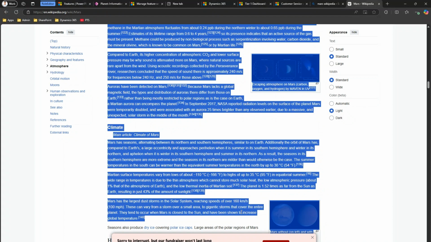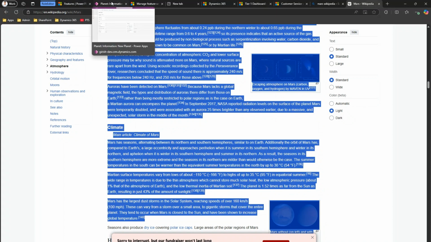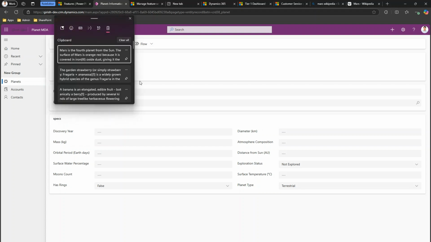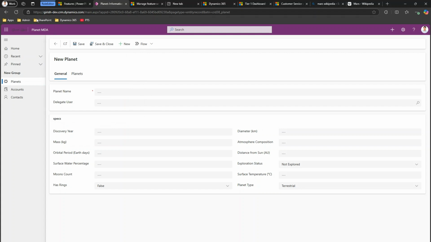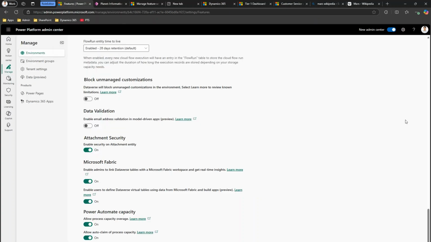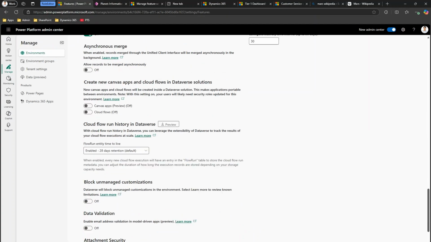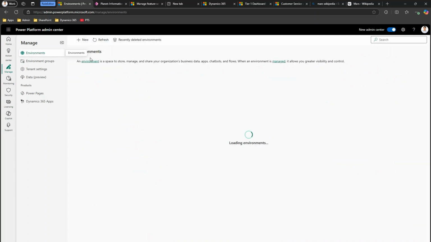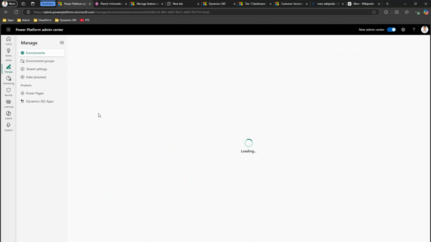So it can be any length. I just copied it, and just to show you what is there in my clipboard, yes, I have this Mars content. And what I'm going to do first is refresh the page because I want that smart paste icon to be displayed. Now make sure that once you make those changes, so I'm in say Girish dev environment. So let me again go back to my environment, Girish dev,